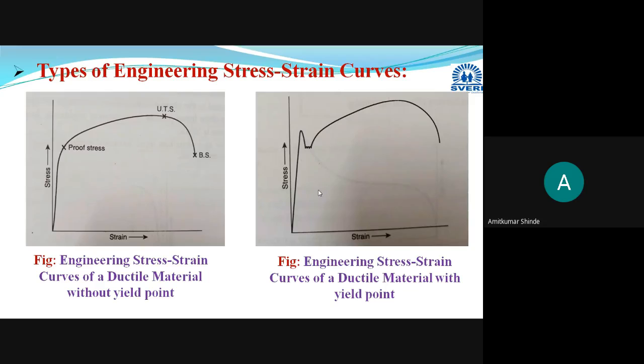Okay, so I will explain it. This is the stress strain curve for ductile material without yield point. This is the stress strain curve for ductile material with yield point. Now the first stress is the proof stress. Okay, now here proof stress,